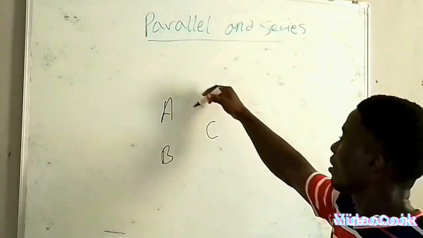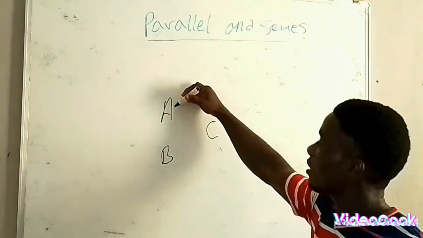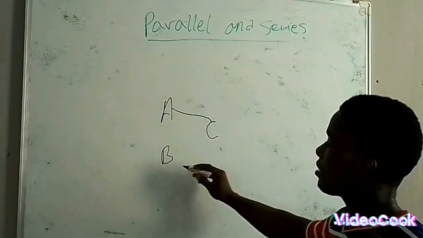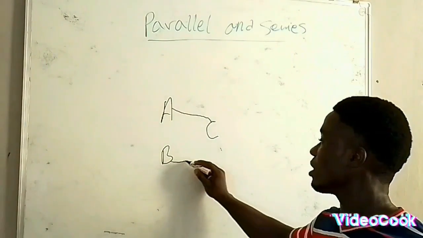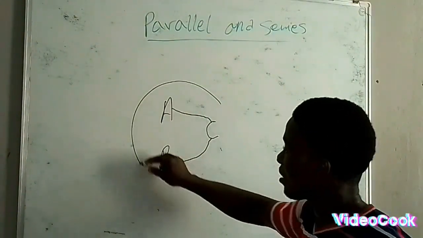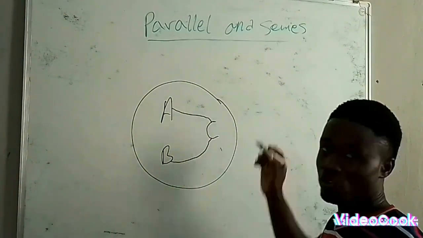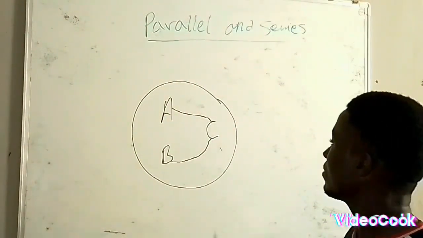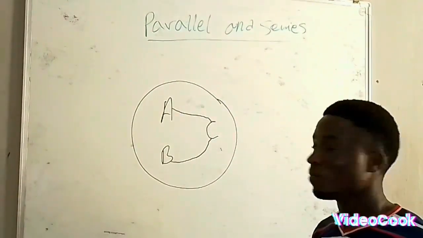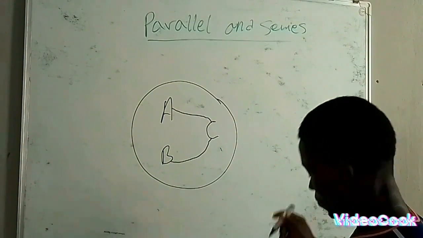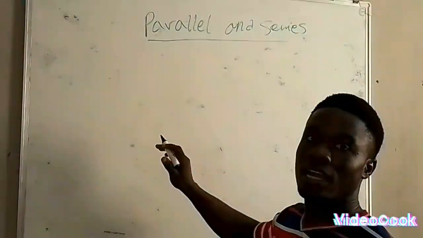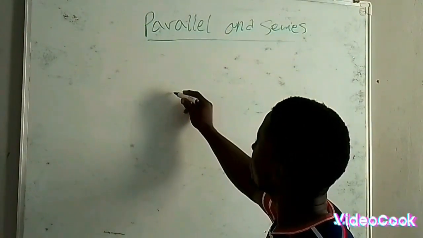Now, the process whereby A has a direct transfer of energy to C and B has a direct transfer of energy to C, this particular expression is known as parallel connection in an electronic circuit. Let's move to an actual battery and see what this means. In an actual battery, which is battery A,